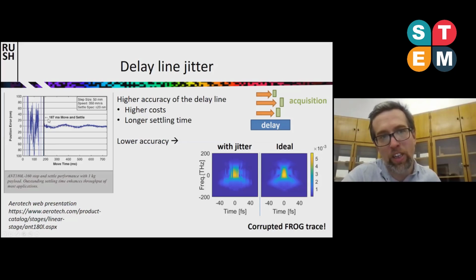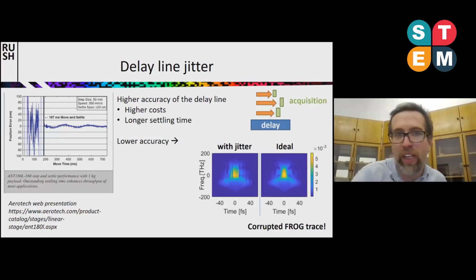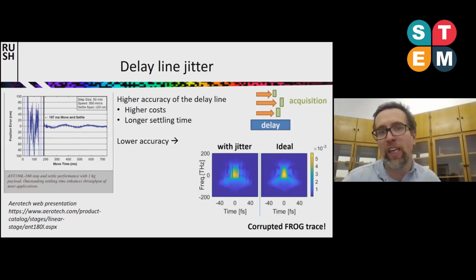It takes quite a considerable time to settle down and adjust exactly to the set position. So if you want to set it with high accuracy, first of all, you might need to buy a more expensive delay line, meaning this device which is setting the delay. And you may need to wait a little bit longer for the delay line to settle down to this position, and then you can measure.